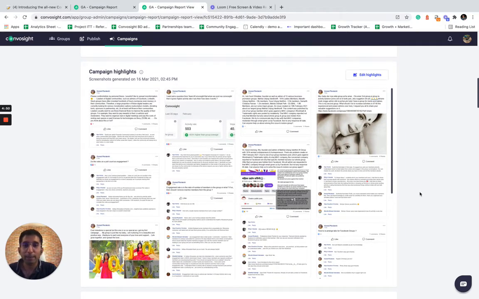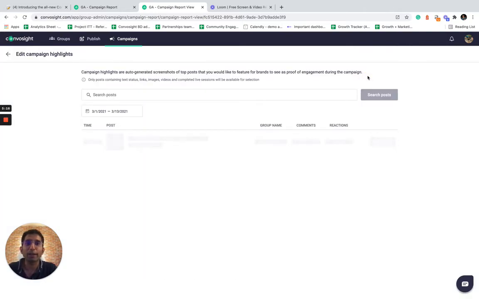The next section is campaign highlights. Now in this section, you can feature posts. So basically this is for brands to see visually and qualitatively what kind of engagement and comments came, and this is like a featured section. So this automatically will pick up the first 12 posts that have all the keywords, the brand keywords, custom keywords and hashtags. And if you want to add more campaign highlights, you can just click on edit highlights,